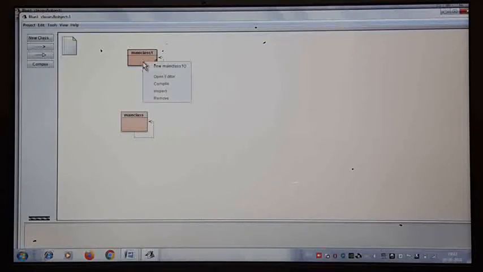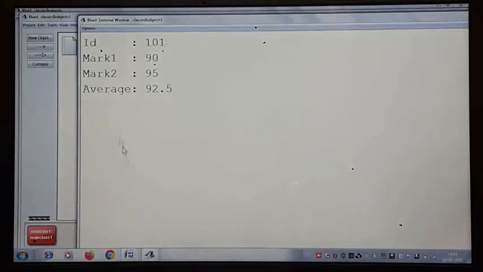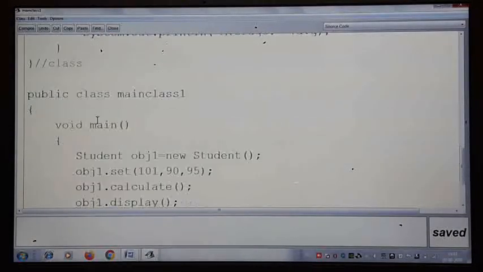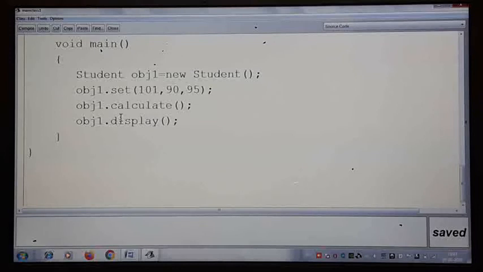So right click, again you can execute, and you will be able to see the output, because we are only setting the value, so you are getting the output like this. So this is how you can create an object in the same program or in one more program. But when you are writing in the examination, it doesn't matter, because you will be writing one after the other like this. But practically, it is up to you.